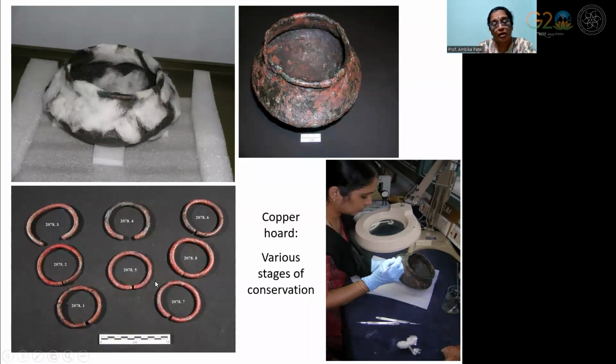So here you can see after documentation, they have also got the digital numbers done, and they have taken it to the digital database of the FilePro database, which we maintained. And also, when you look at the copper vessel, this has been heavily corroded. It has been